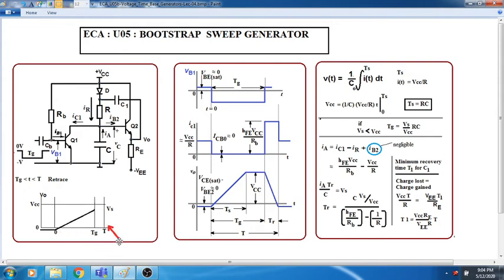the time for which the gate is open. Now, let us try to look at the condition at which the bootstrap circuit is at the end of the sweep. So, the sweep could have reached a voltage Vs which is less than Vcc, or the voltage could have reached Vcc and remained there. Whatever may be the condition of the final voltage to which the capacitor has reached, it could be Vcc or